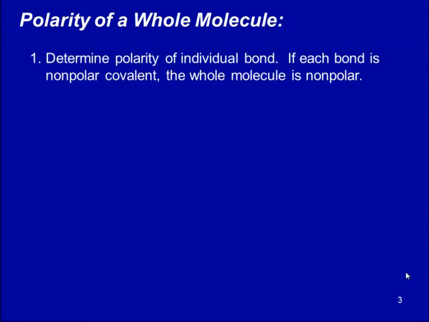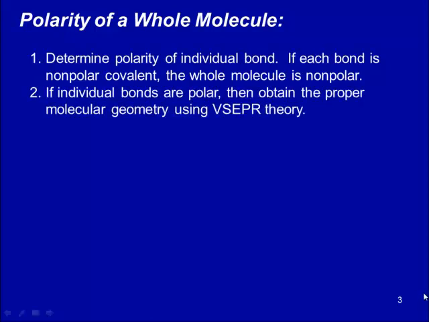So the first step is you determine the polarity of the individual bonds. If the individual bond is nonpolar covalent, which means they do not have much of a difference in electronegativity, the whole molecule is nonpolar to start with, because if you have nonpolar bonds, it doesn't matter how many you have or how you add them up, you're going to have nonpolar. So the whole molecule will be nonpolar. If the individual bonds are polar, which means the electronegativity difference is greater than 0.3,